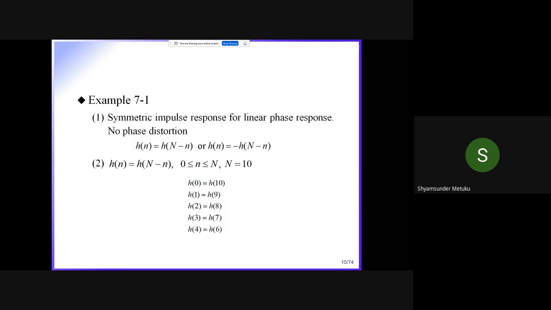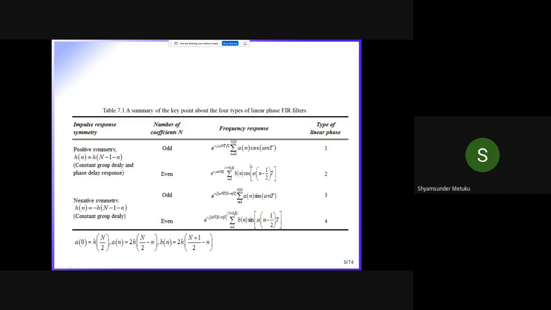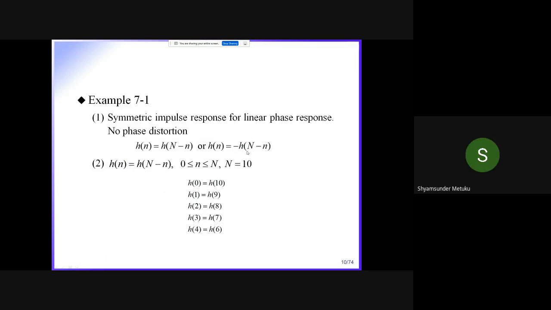I'm trying to approximate the total 5 I told, no, this you must remember. Type 1, type 2, type 3, type 4. Which equation ultimately you are supposed to equate? Even or odd? Odd, sir. So this one we are trying to equate, nothing else. Here it is given n. I am trying to take k. That is the only difference. In the table it is given n format. We are taking k format. Okay.